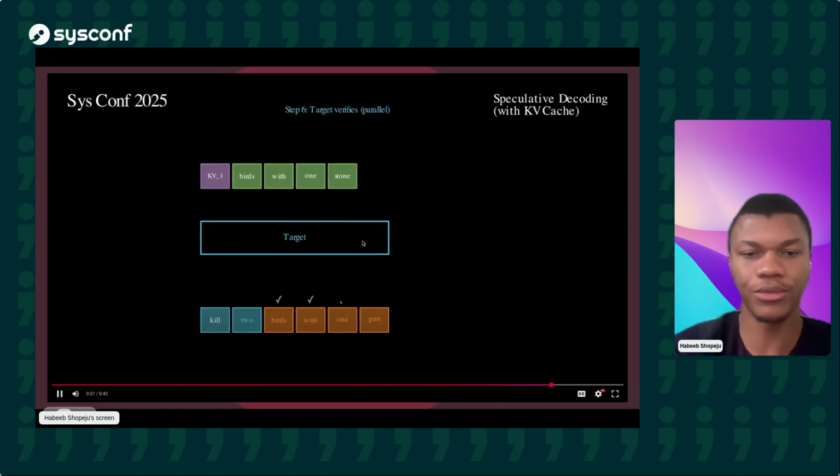So, for example, this output here from the draft model aligns with birds, which the large model would generate usually. Then the next one, width, from the draft model aligns with this, which the large model is giving us. This one also aligns with what the large model is saying.